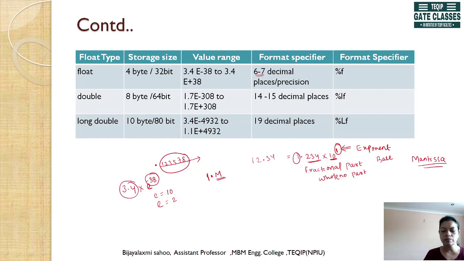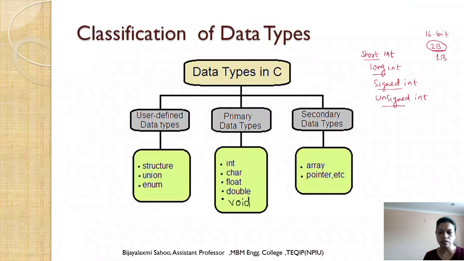Okay, so the range of numbers has been increased. So these all are here. In case of floating point, we are not going to use signed or unsigned, only the modifier you can go for is long. So here we covered all the basic data types, that is character, integer, float, double, along with the modifiers. As I told you, these are derived data types, that is array, pointers and functions.